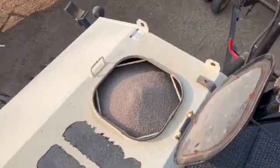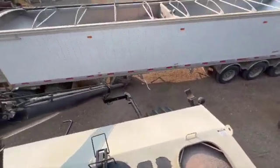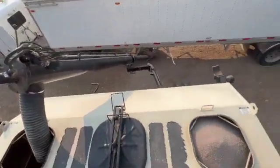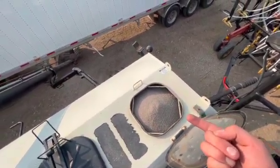Well, I got the rear compartment full of fertilizer. I got it fairly full for doing it all by myself. It's much handier to have somebody at the bottom to close off the chute on the trailer, and then I can shut off the auger at the top once the tank's full. So instead I had to time it until the pile seemed to get quite near the top, and then I